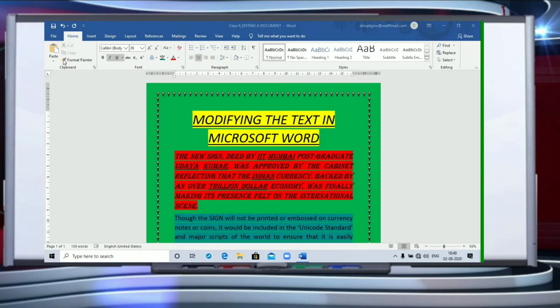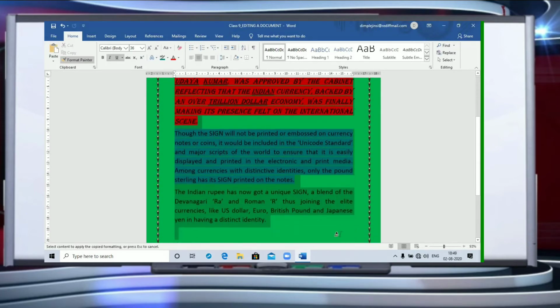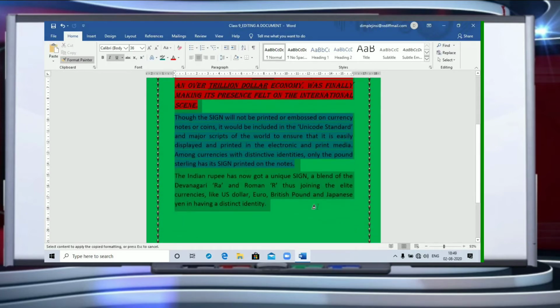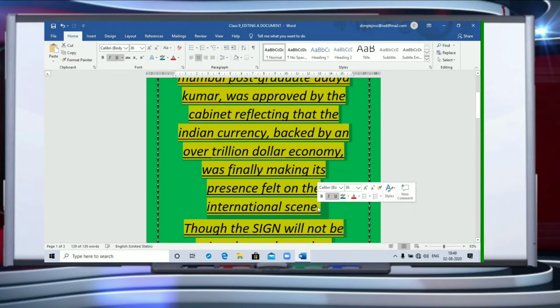So what I can do is, I can go to Format Painter. I'll double click on this Format Painter, and I can go here. See, the brush kind of a thing will appear. I'm going to hold my key from here and select the whole document, the text, and just find it out.